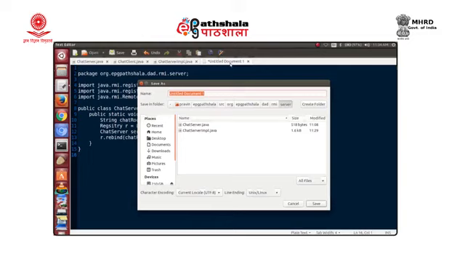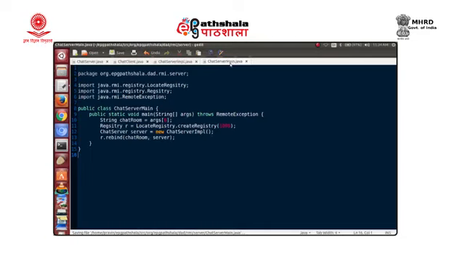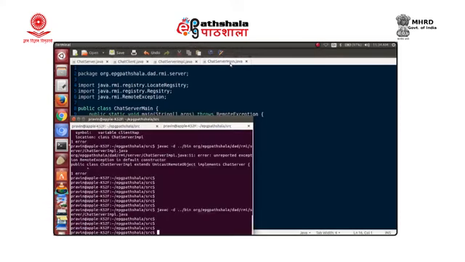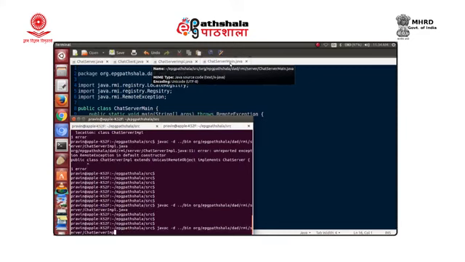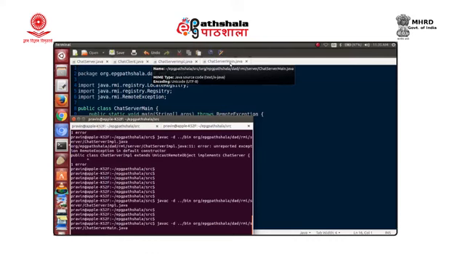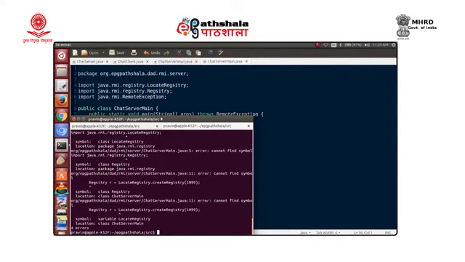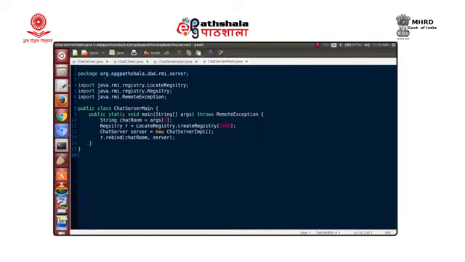So, let us save this as ChatServerMain.java. Let us compile this and check. So, we have ChatServerMain.java being compiled. Okay, spelling mistake for registry. A couple of spelling mistakes.